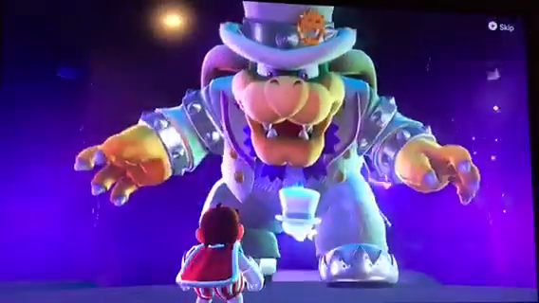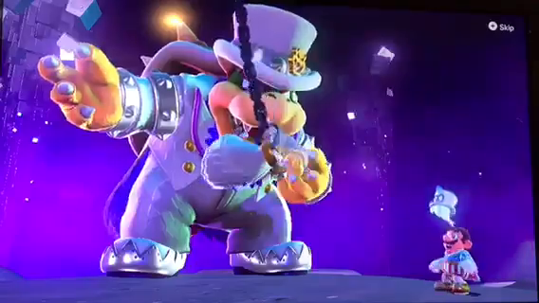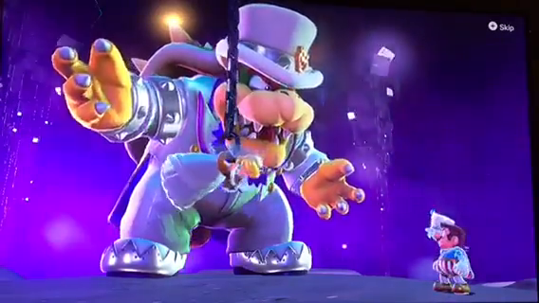As soon as you fall down here into this underworldy, purpley, kind of creepy looking area, Bowser's going to jump down with Princess Peach, and he's going to say,